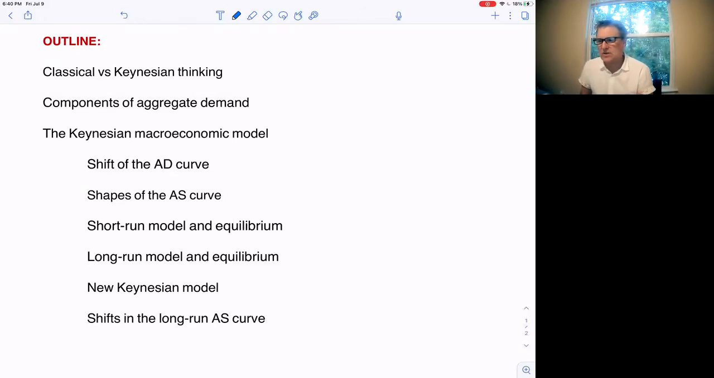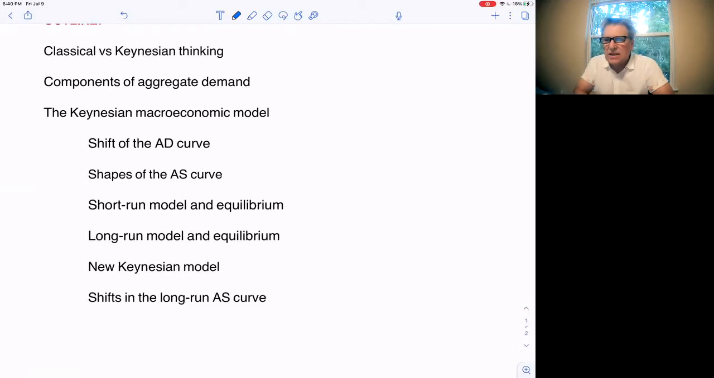So the outline for this model is as follows. We'll go over the difference between the classical thinking, or the pre-Keynesian thinking, pre-1930s thinking, and then the Keynesian thinking, and how he looked at the economy differently. Then we'll go through